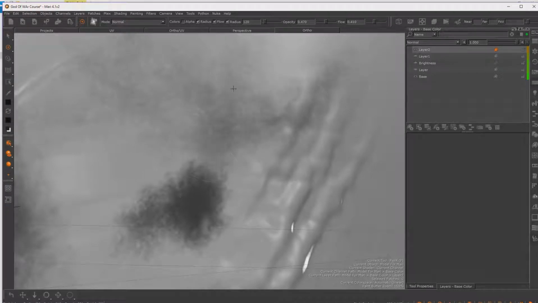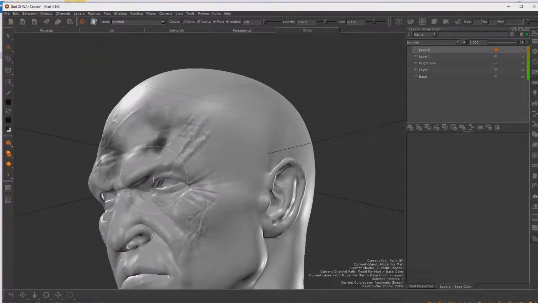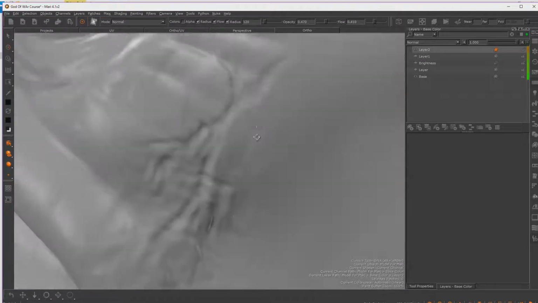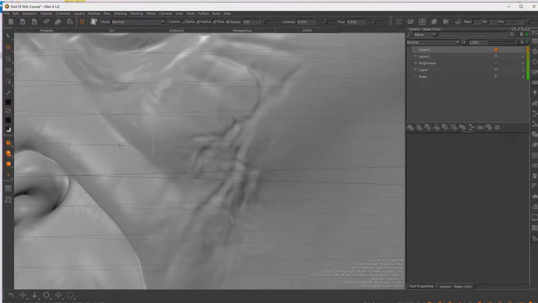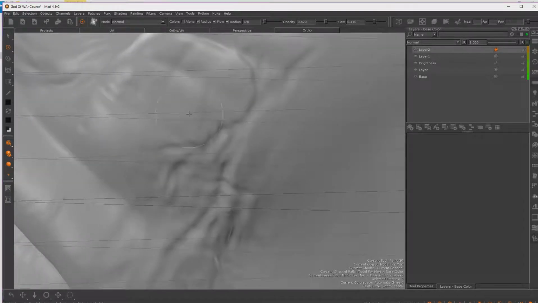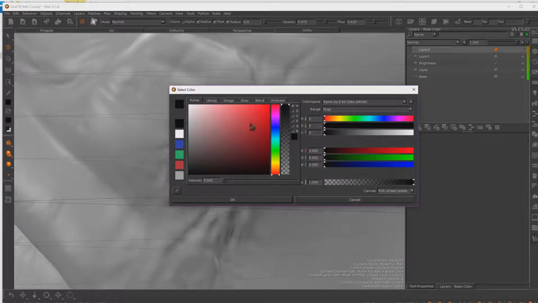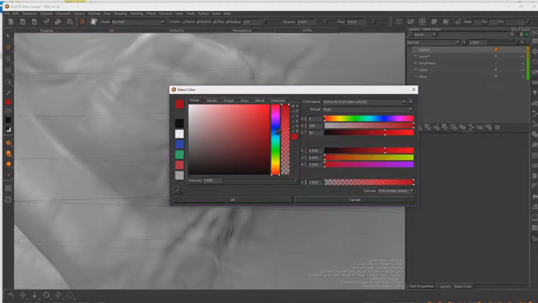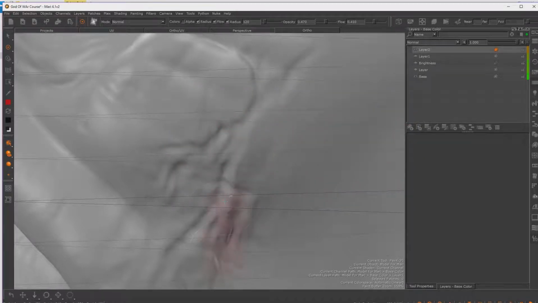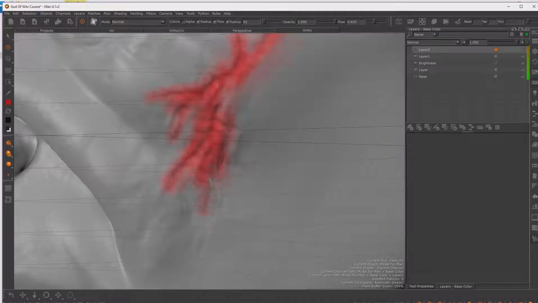So this is my painting process I will do in the next course. Okay, so when I want to paint a blood like here, I just gonna change the color to maybe lighter red and just paint with opacity 1. I'm just gonna paint like this. So pay attention,